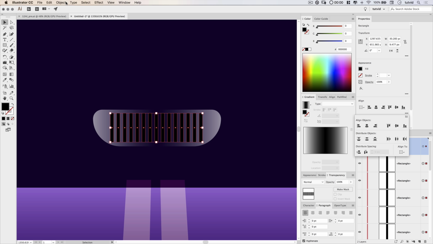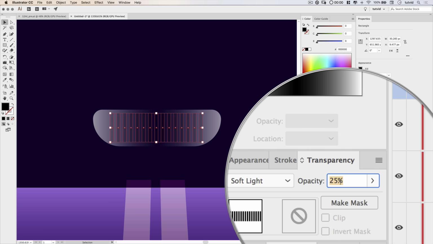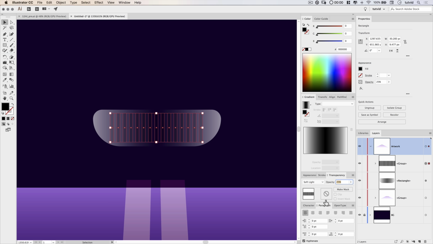And what I'll do is group this up. Object, well, I want to make sure I'm out of my Align panel. Object Group to group them together. I'll set this to the blend mode of like soft light. I'm going to reduce the opacity way down. This is to be super subtle, so an opacity of about 25% is going to work great. And I'm going to mask this as well.